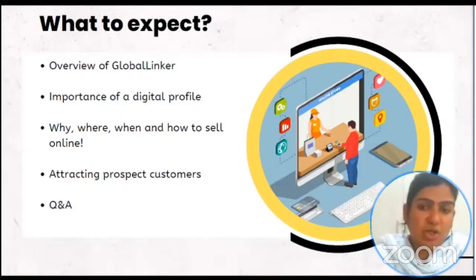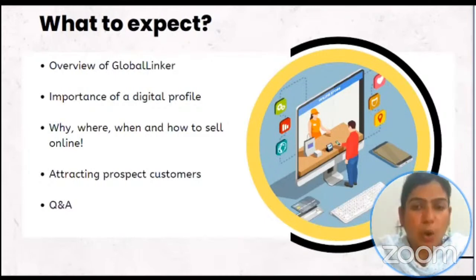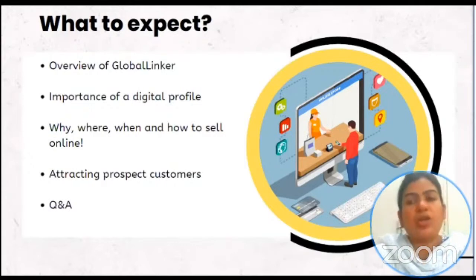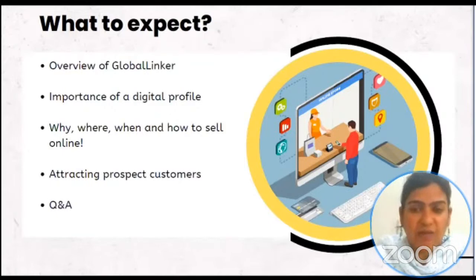What we're going to cover today is basically a broad overview. And in fact, I'll also show you a live demo of the platform GlobalLinker. Then we'll talk a little about why it is important to have an online profile, and once we understand the importance of it, how do we make one such that it's an attractive profile, and where do we really get